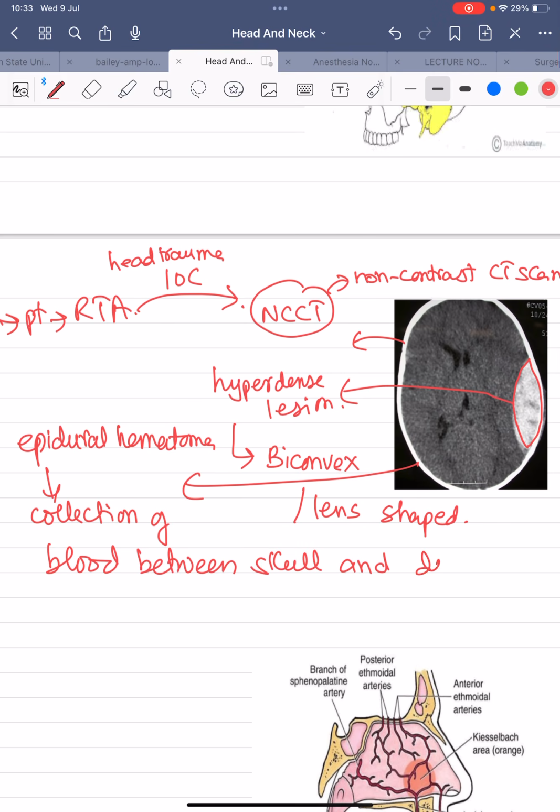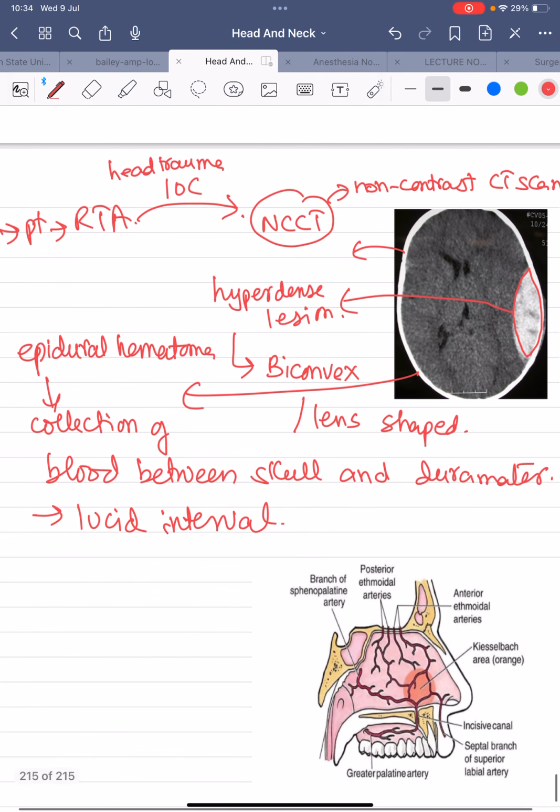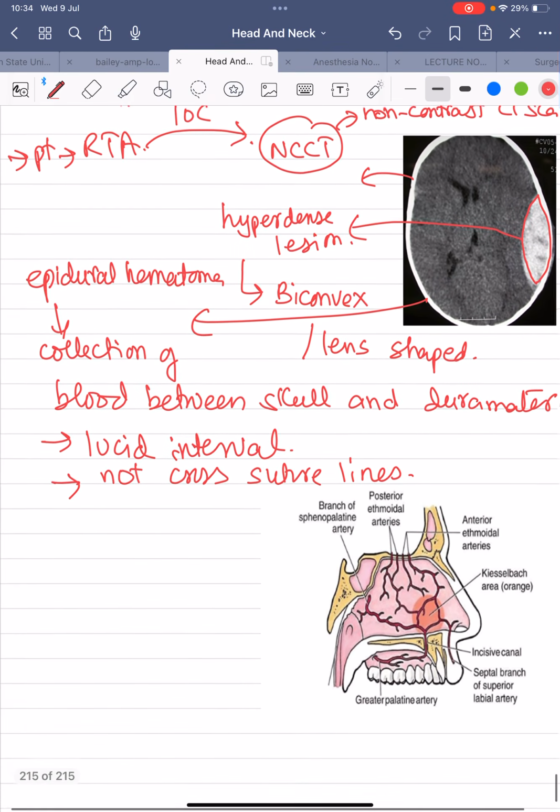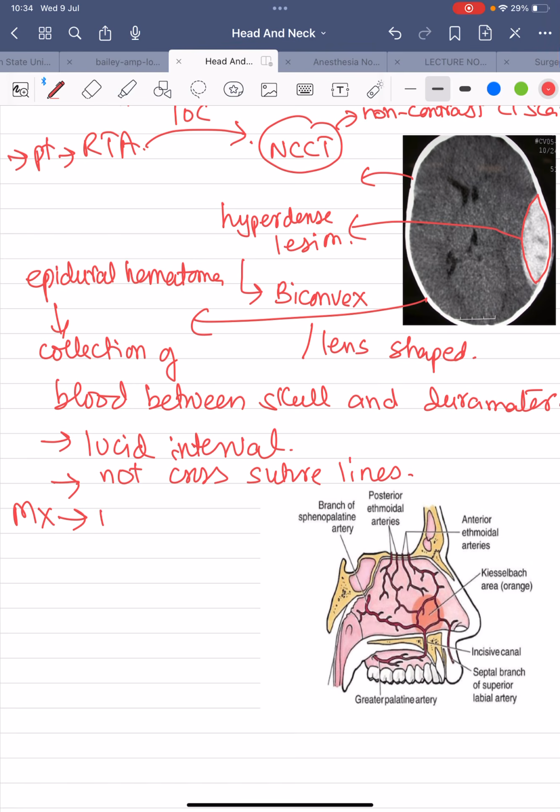Dura mater. Please remember, patient will have lucid interval. Okay. Patient will have hyperdense biconvex lesion, lens shaped. This lesion is not going to cross the suture lines. Not going to cross the suture line. And what is the management? Management is burr hole or craniotomy. Burr hole or what? Craniotomy. Okay, so this is your